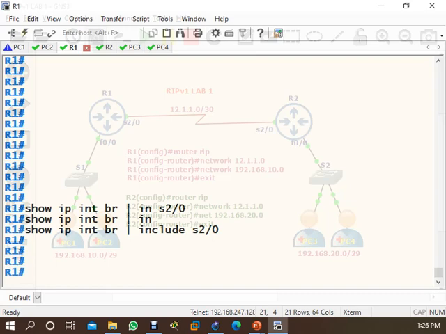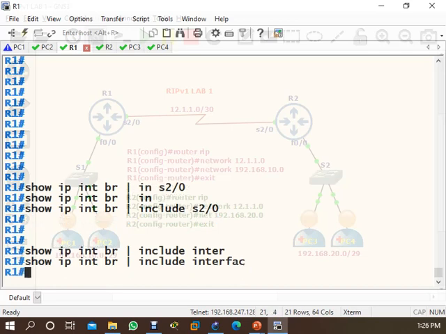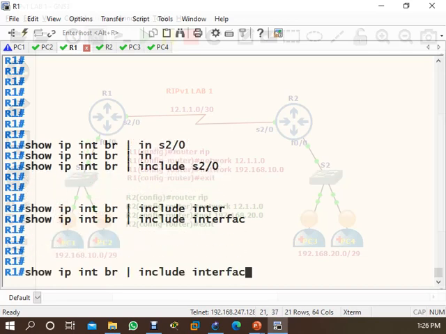Okay, information. But if you run like this, it will show you that, or run the interface, include interface.